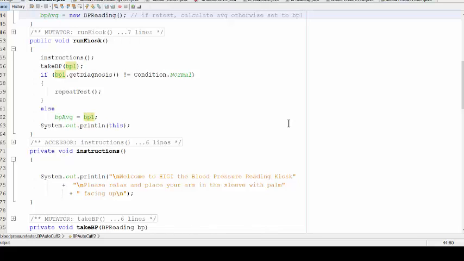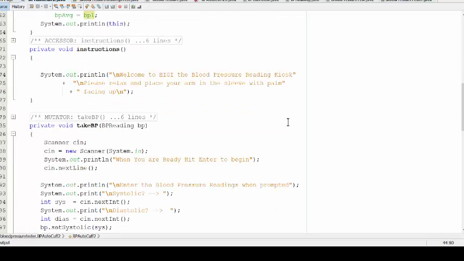If the result of blood pressure 1 is normal, we set the average to blood pressure 1, and then the system out print line prints out the results of running the kiosk using the blood pressure average. If blood pressure 1 was not normal, then we repeat the test. Let's take a look at those